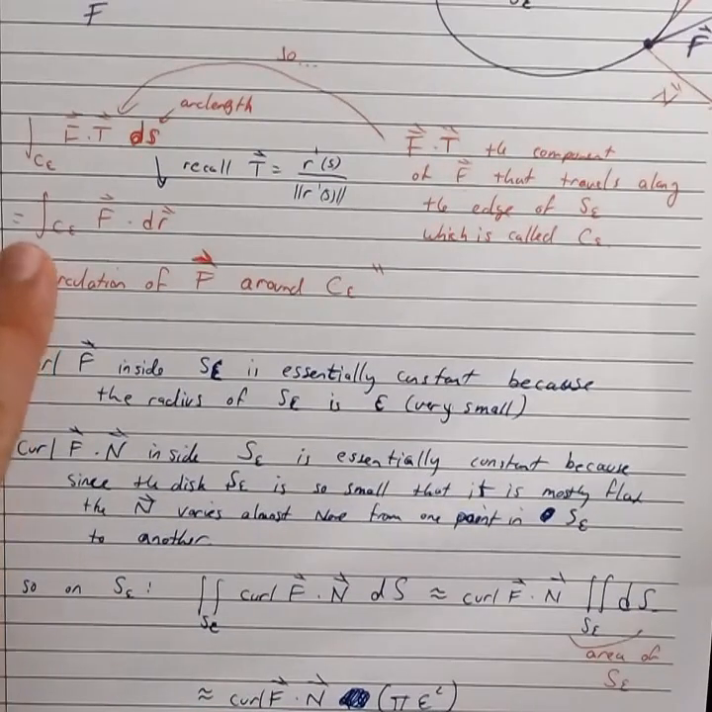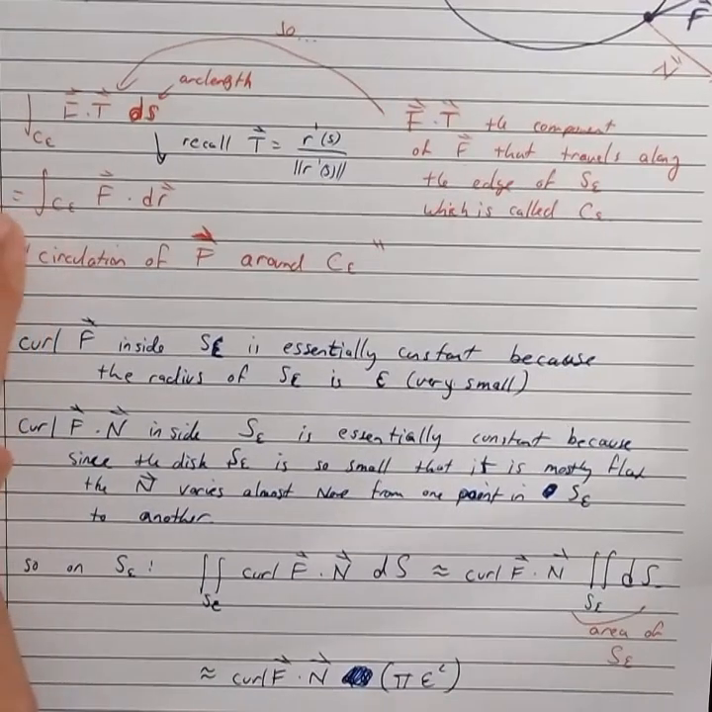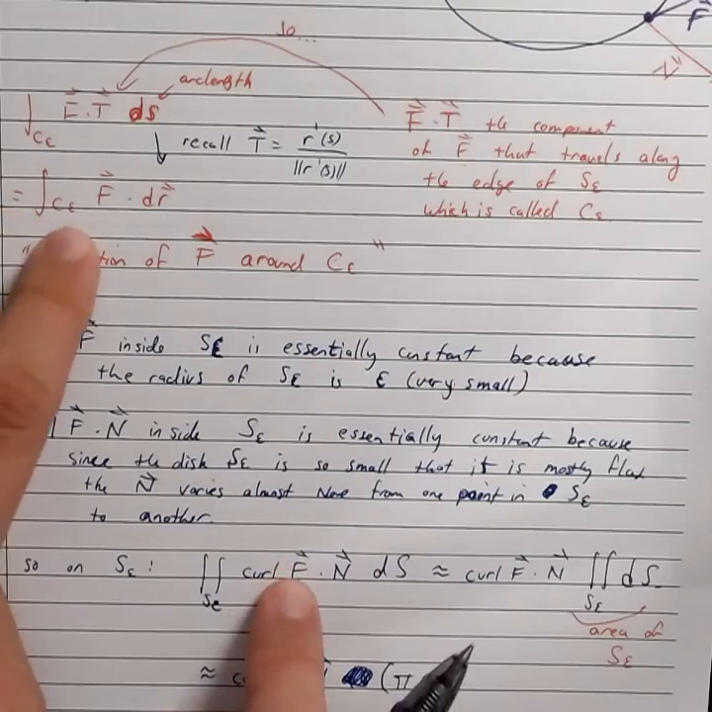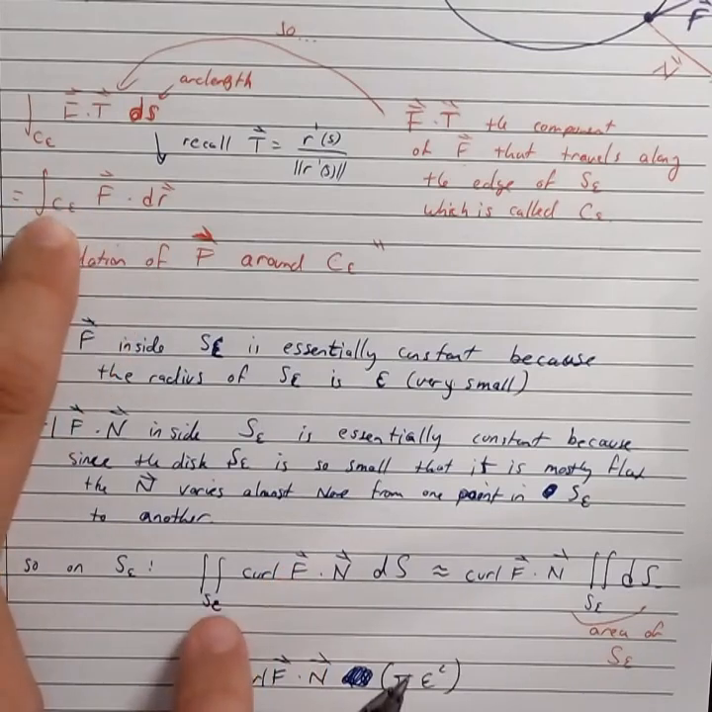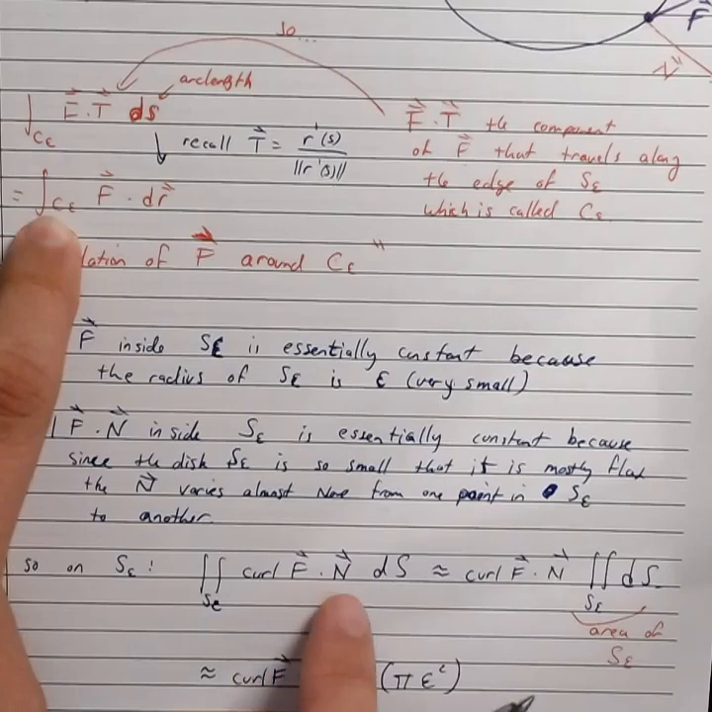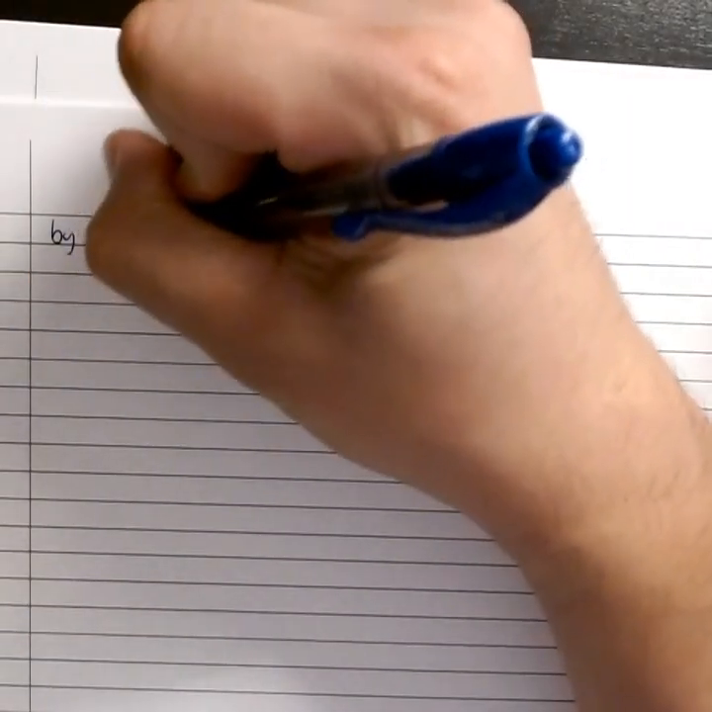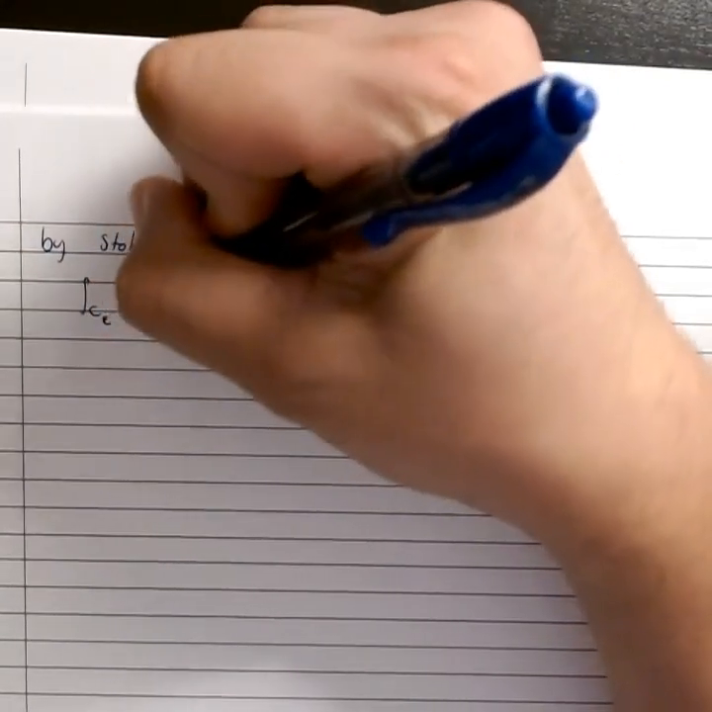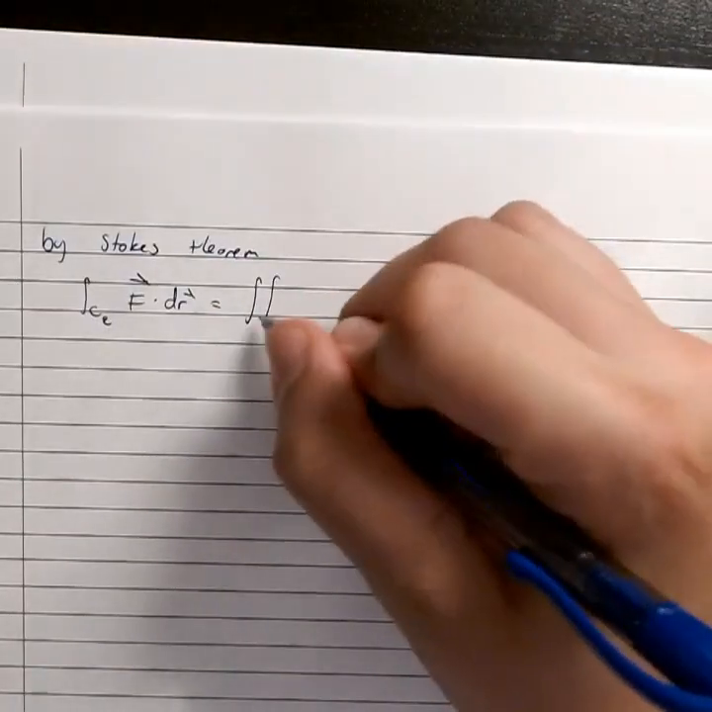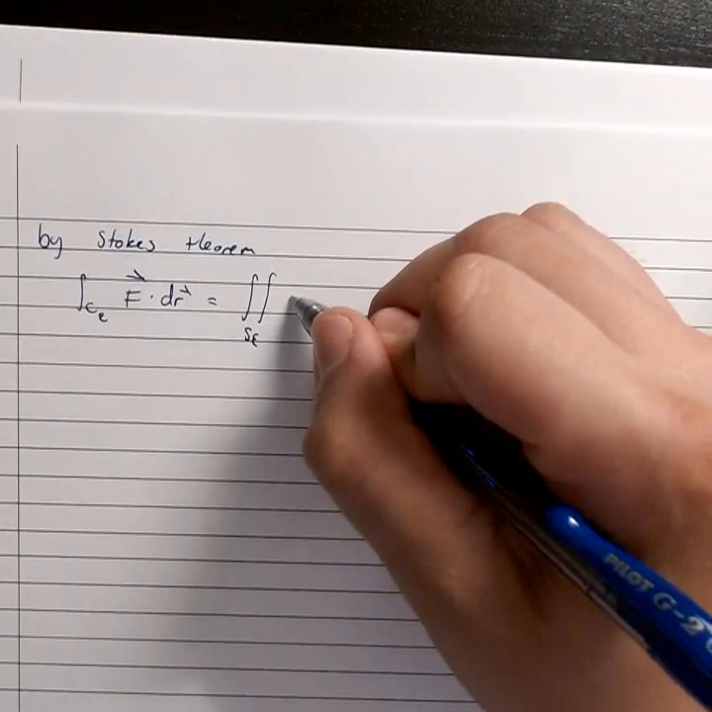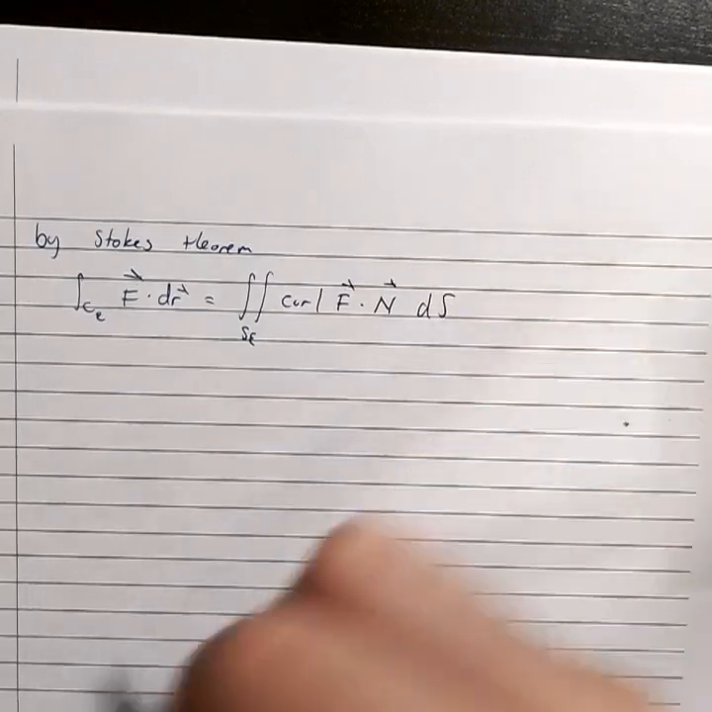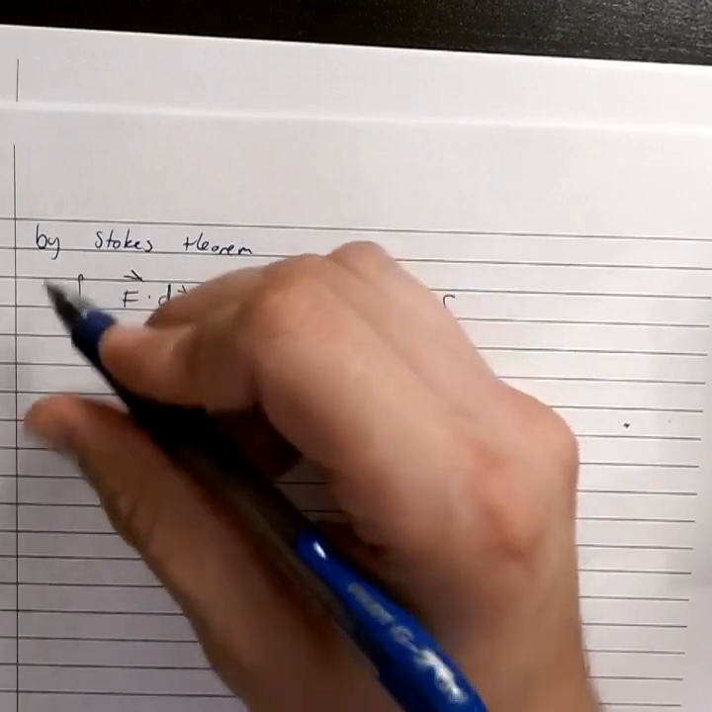Oh, but by Stokes' theorem, which unfortunately we can't really prove here, this is exactly the same as this. The line integral over C sub epsilon of f dot dr is the same as the double integral over S sub epsilon of the curl of f dot n ds. So by Stokes' theorem, the integral over C sub epsilon of f dot dr is equal to the integral over the surface S sub epsilon of the curl of f dot n ds. Or in other words, this thing right here is the circulation of f